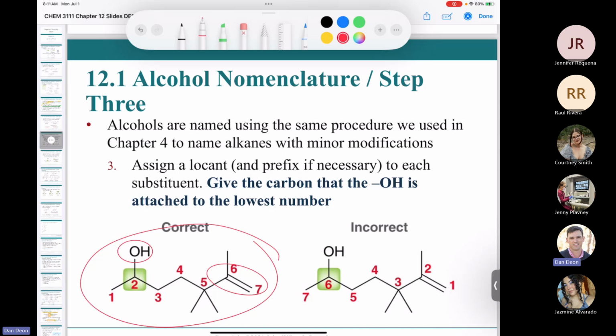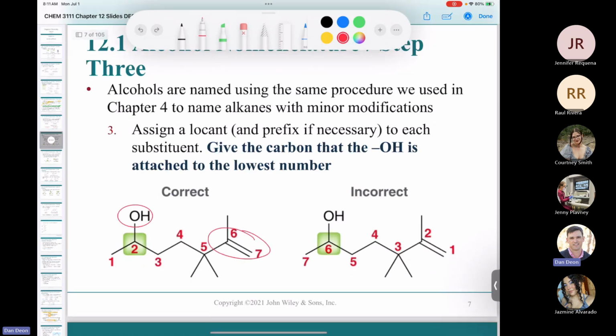So generally speaking, if you have a functional group that has an oxygen in it, it takes precedence over a functional group like an alkene or an alkyne that only contains carbon and hydrogen. So how would you name a compound like this one on the left? You see the one on the right is incorrect because, again, the hydroxyl gets precedence, so we want to give it the lowest number. So there's a total of 7 carbons in here, so this is some kind of hexan